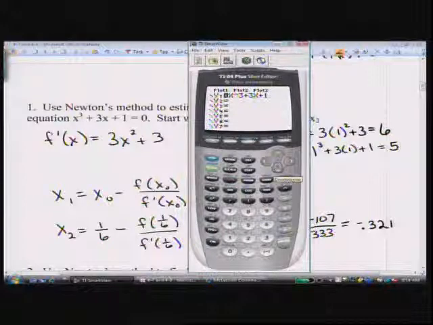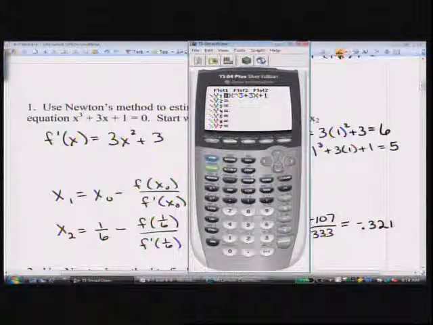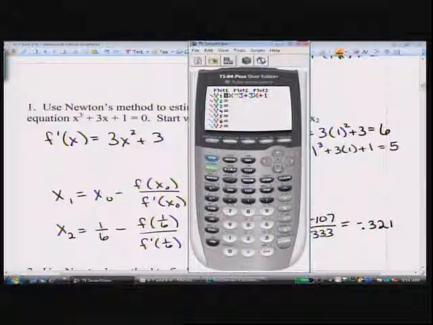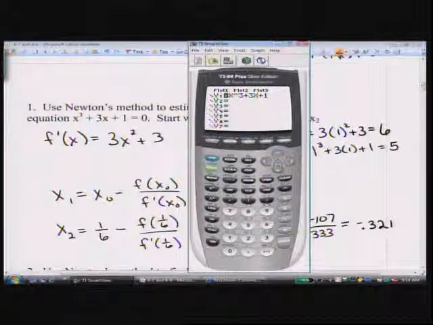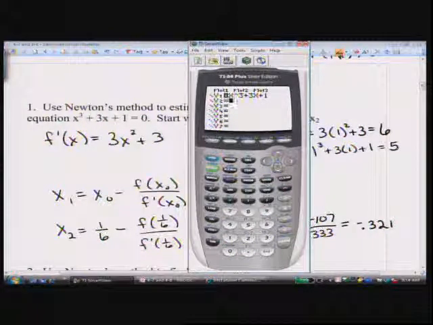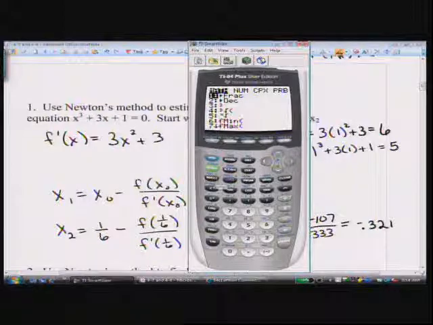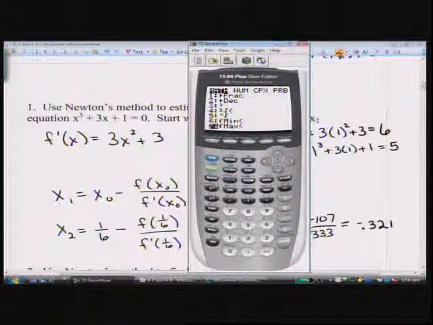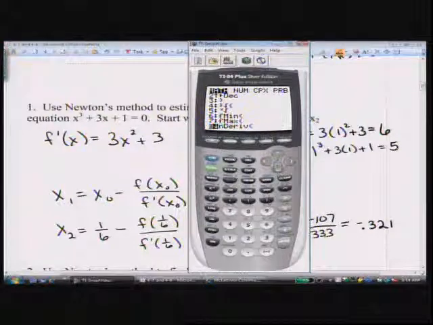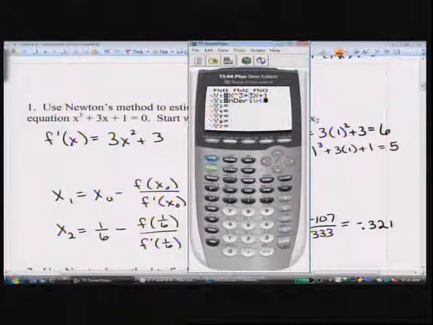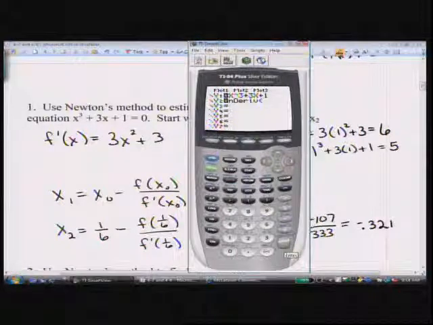Now, you can go ahead and put the second derivative into y2, or your calculator. I haven't shown you this because, you know, I didn't want you to know, but your calculator will actually compute a derivative for you at a particular point. So you can do math, and then if you go down and pick choice 8, which is the derivative, you can tell it to compute the derivative. It won't give you the algebraic